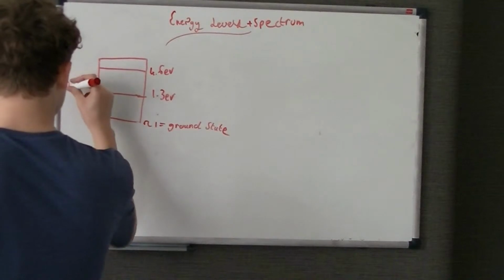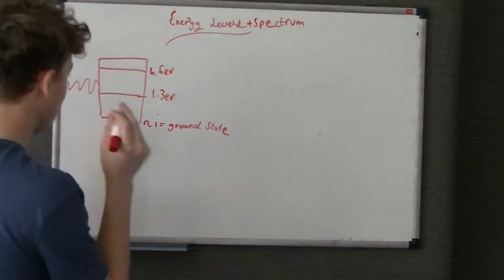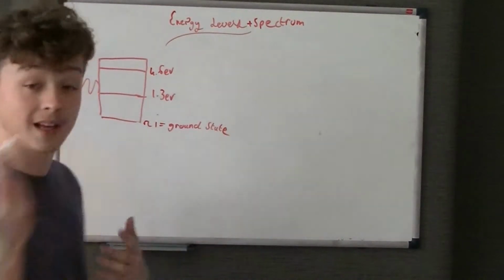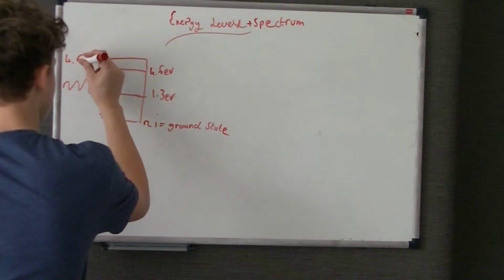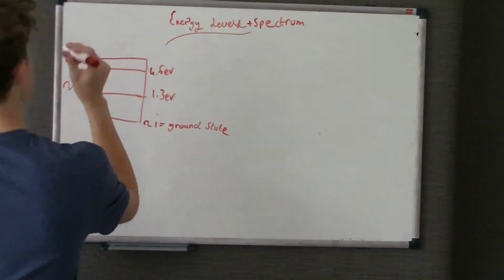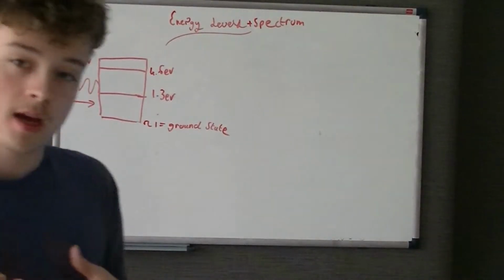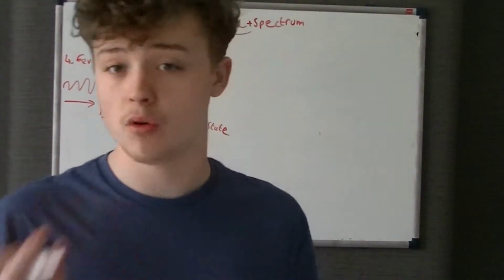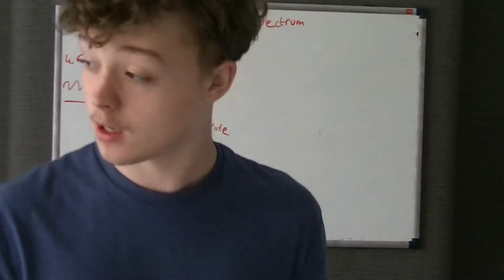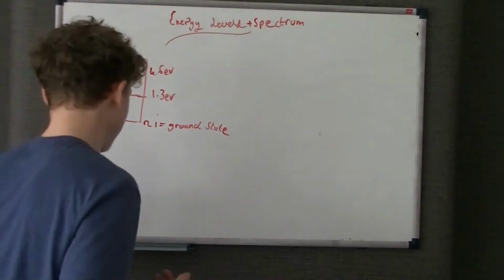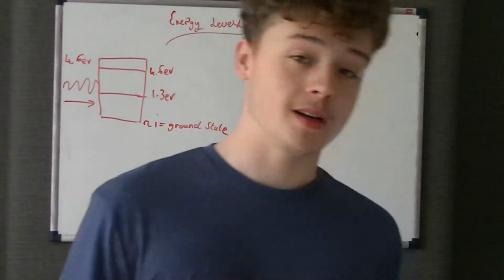So we'll draw a photon here. It's not a really good photon. And we'll call this 4.6 electron volt photon. So 4.6 eV. So there's a 4.6 eV photon going in. That means if a 4.6 eV photon is going in, a photon of equal energy, 4.6 electron volts, is going out. So it may ask you, in a couple of examples I've seen,